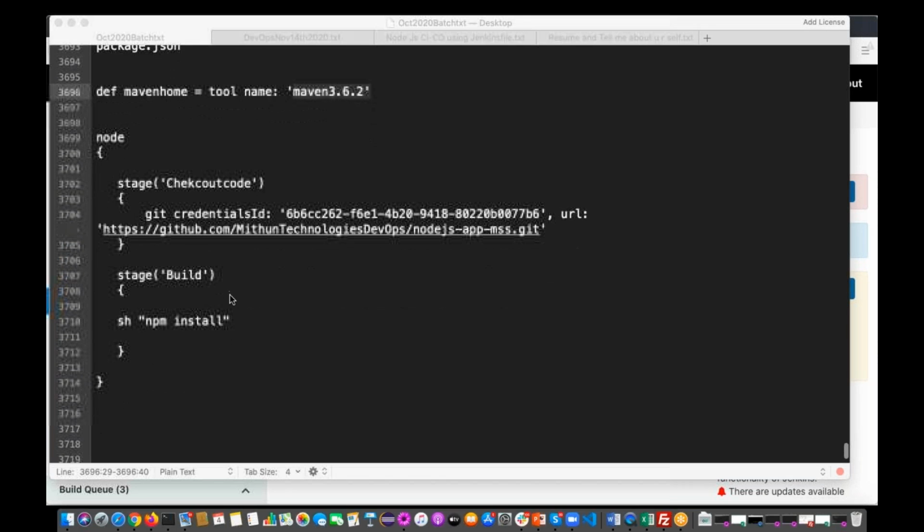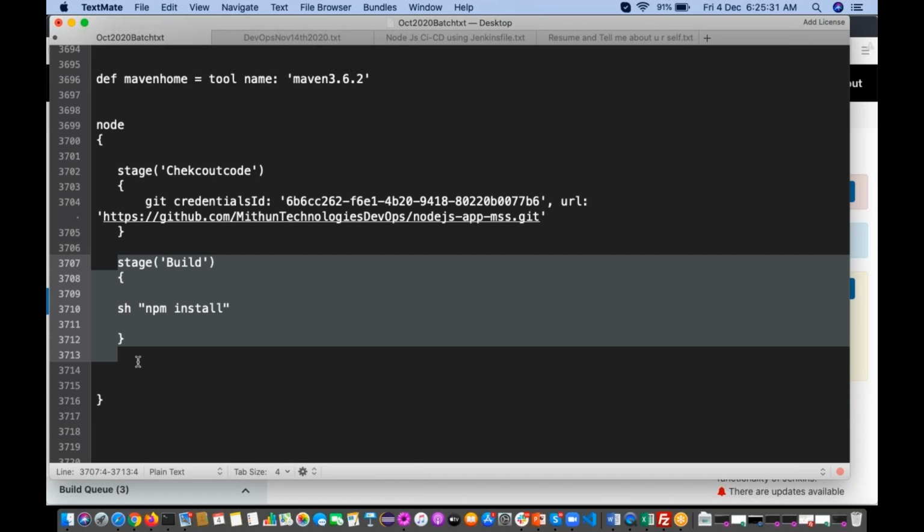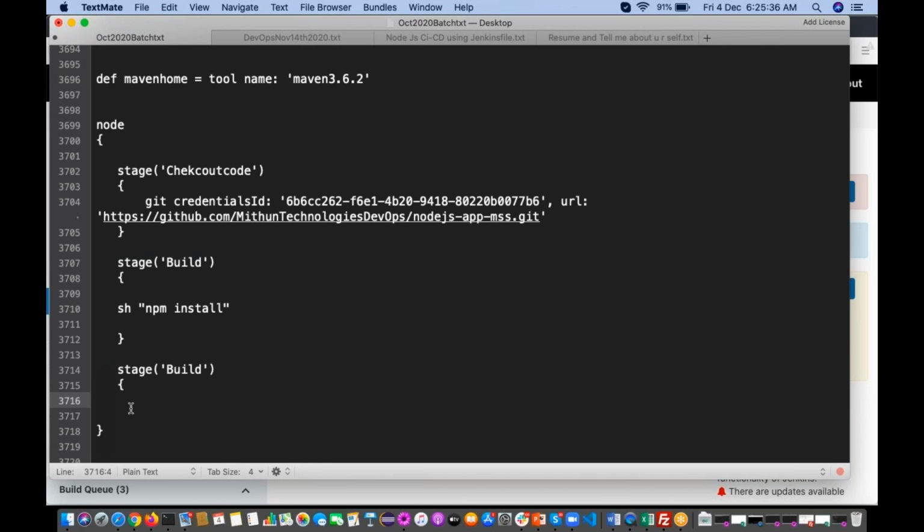But if it is Node.js, it is not like that. So instead of this, let me copy this one. We are going to use a function called nodejs.